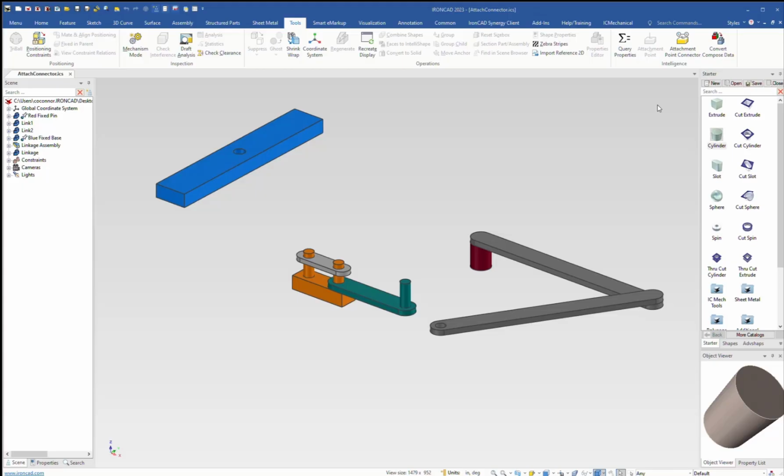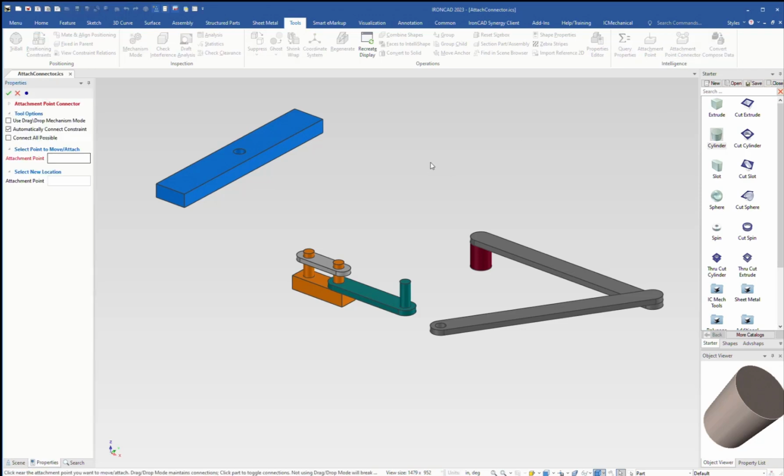The attachment point connector tool found on the Tools ribbon bar has been enhanced for IronCAD 2023 Product Update 1. Previously, when you run the tool, it will select the component that you have an attachment located on and move it. For example, we have an assembly of this orange part and this green part, and they have attachment points